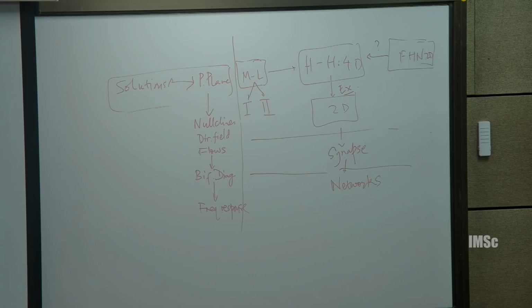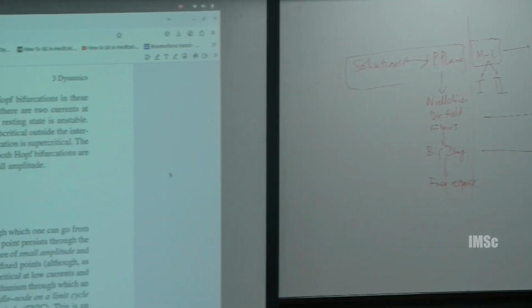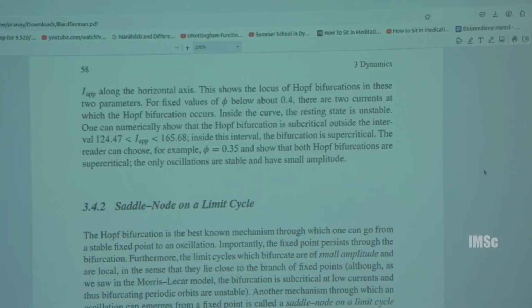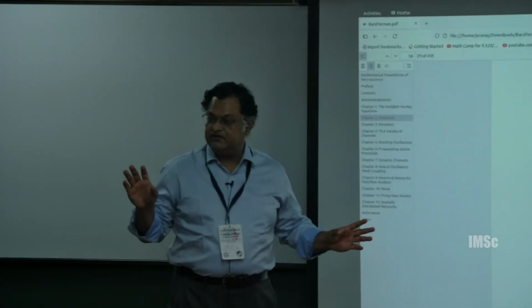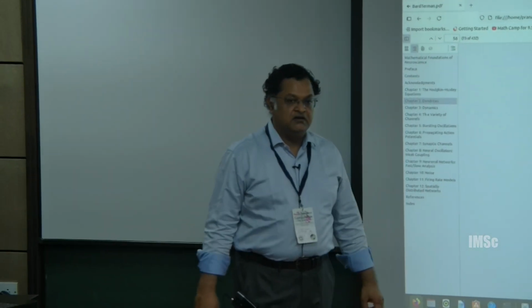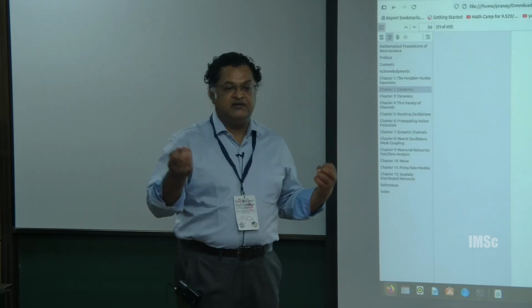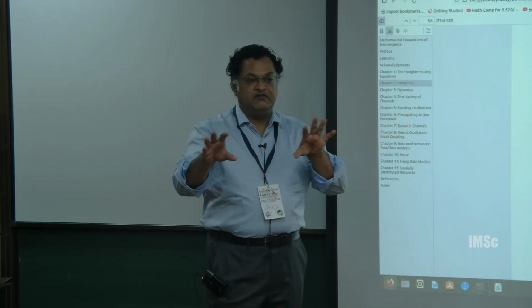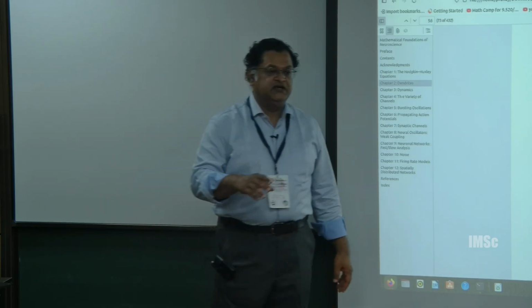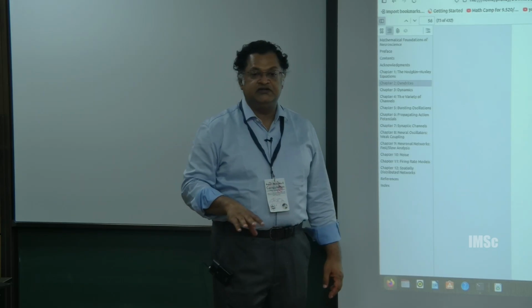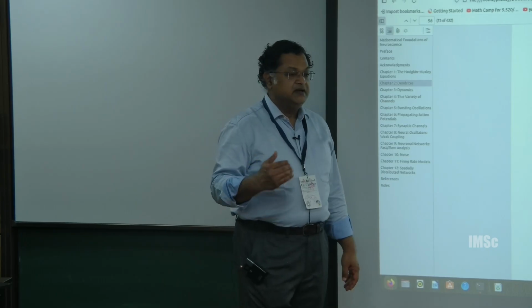...said here, there is a transition from stable points to oscillatory behavior, and one of the nicest ways to do this is to pass it through a Hopf bifurcation, right. That is one of our very nice mechanisms for transitioning between these two behaviors. I am going to show you another way in which you actually get oscillations and steady states in a neuronal